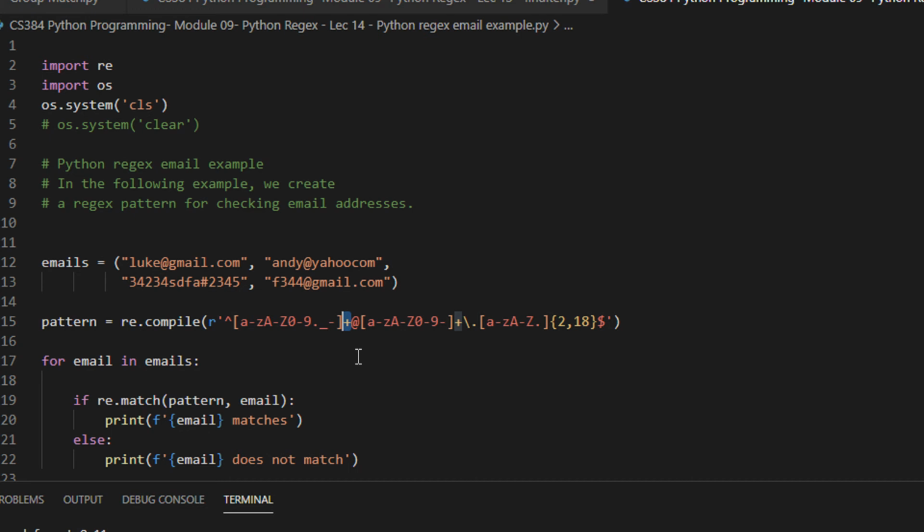Fine. So if I give a star here, it will be wrong, right? Because in that case, a null will be accepted. So we have to specify plus here. That means at least one character should be there before @. And after @, you can see again I'm having the same string, right? I am not keeping dot here, fine, because I'm explicitly specifying a dot here.